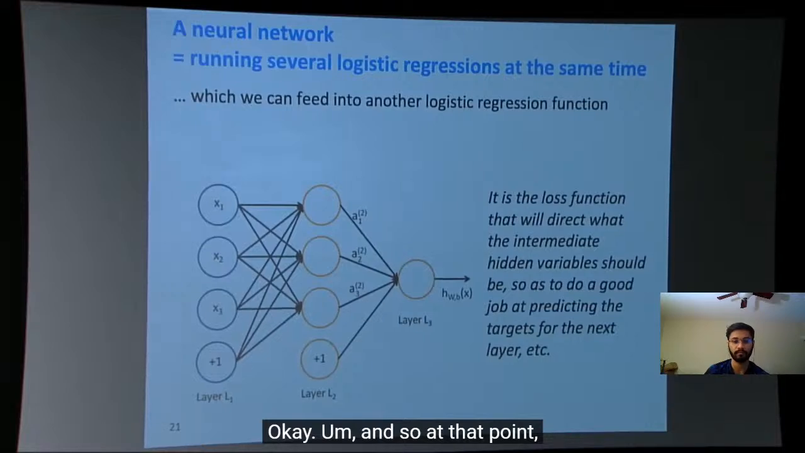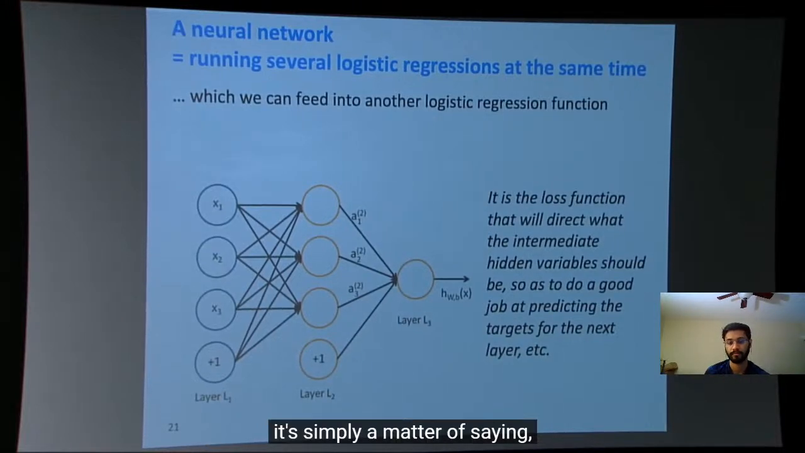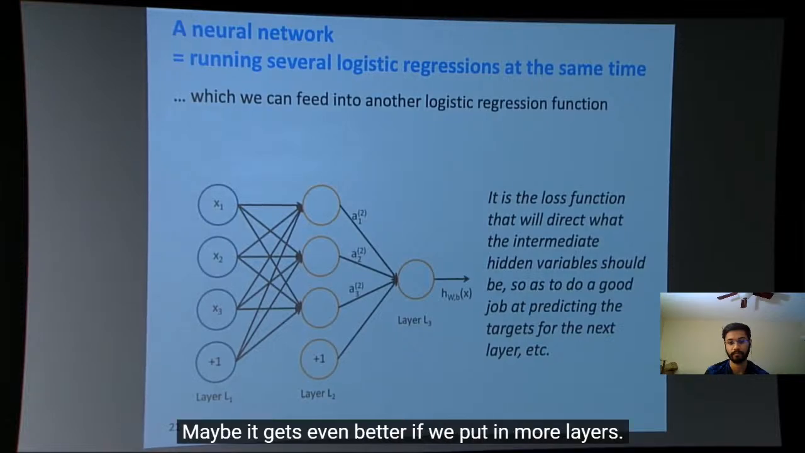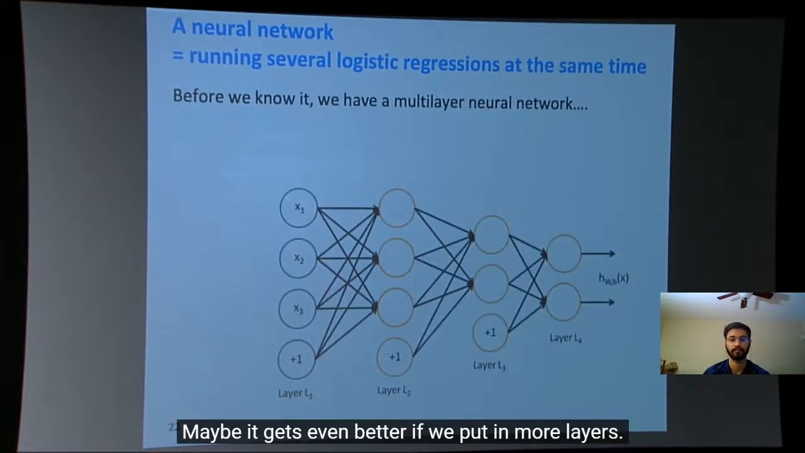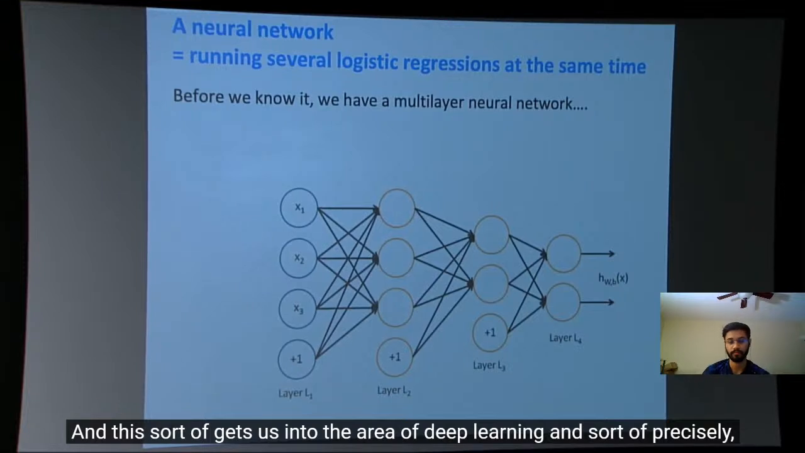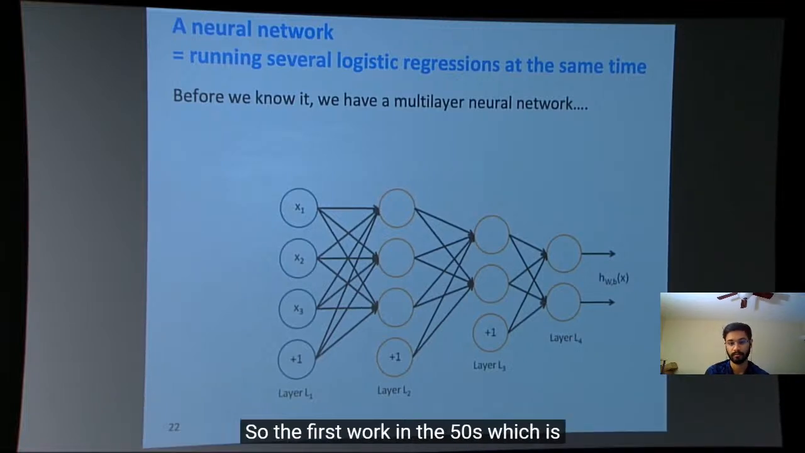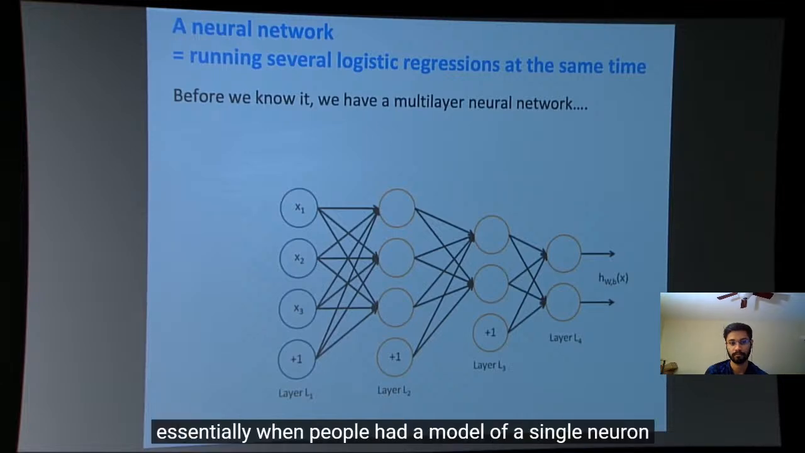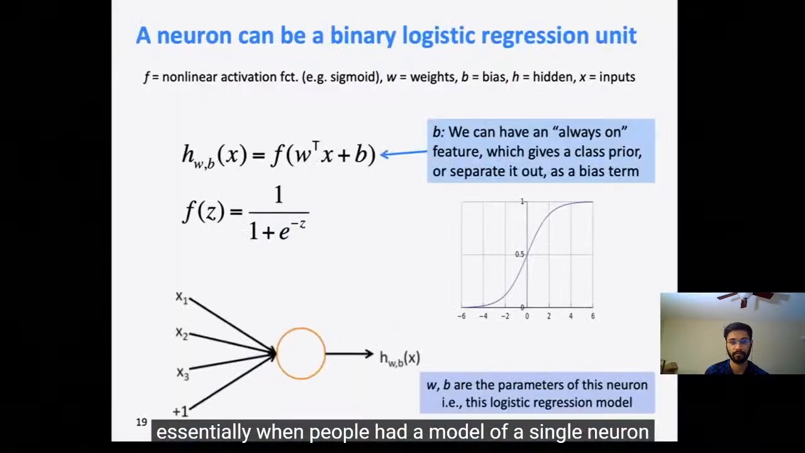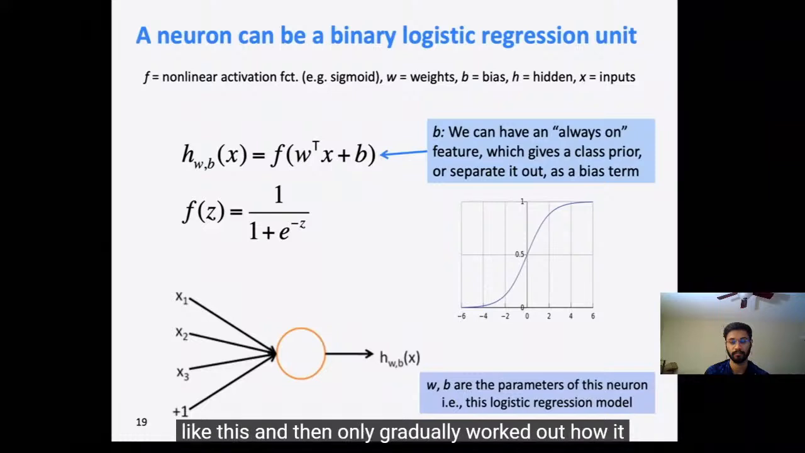Okay. And so at that point, it's simply a matter of saying, well, why stop there? Maybe it'd get even better if we put in more layers, and this gets us into the area of deep learning. Precisely, there have been 3 comings of neural networks. There was the first work in the 50s, which is essentially when people had a model of a single neuron like this, and then only gradually worked out how it related to more conventional statistics. Then there was